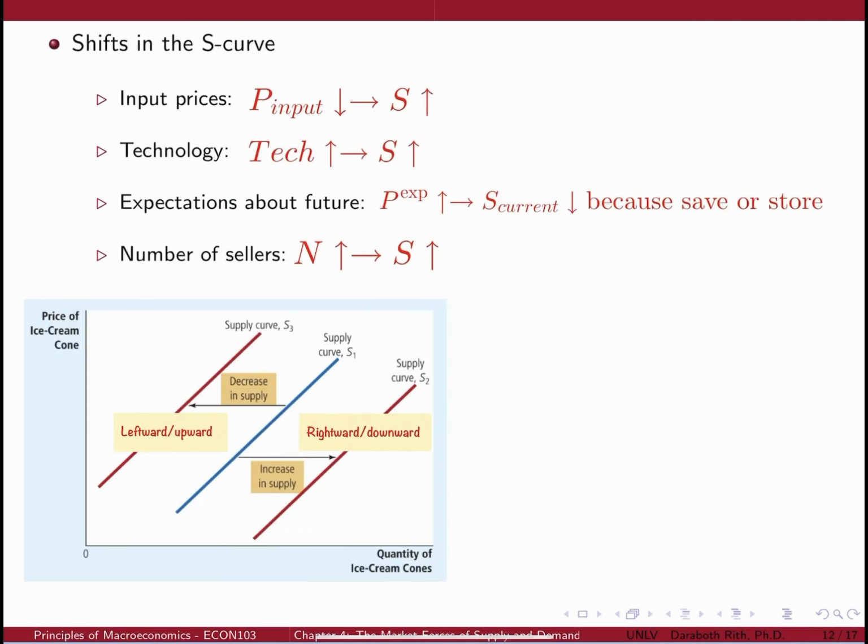Now let us discuss factors that shift the entire supply curve. These are the determinants that can have an impact on the whole supply function, not just quantity supplied. Please be reminded that only price can have an impact on the quantity supplied, or points on the supply curve. But the factors that we're going to discuss now are the ones that can have an impact on the entire supply curve. Start with input prices.